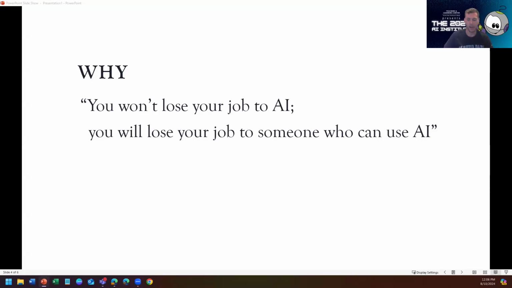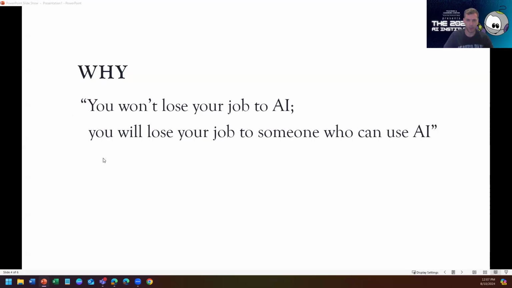I was trying to find a stat. I heard the stat somewhere. I went to many sessions at an AI conference in Orlando a couple weeks ago. I was trying to find the stat that had the percentage of job interviews where the interviewer asked the interviewee if they've used generative AI and their experience and skill using generative AI. I couldn't find it. If anybody has that, put it in the chat, or actually send it to me directly, because I wanted to do a little game with that.